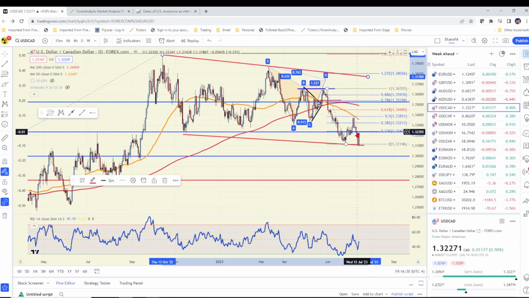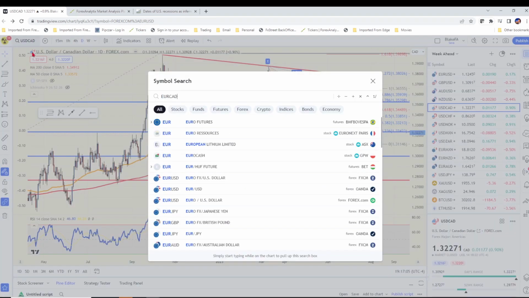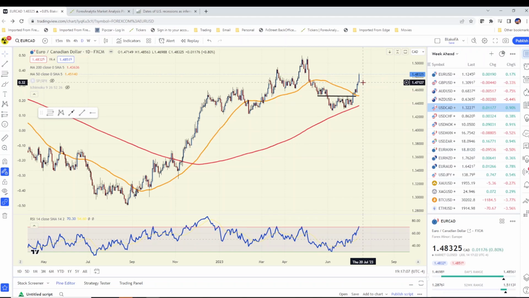CPI data out of the Bank of Canada is going to be very important because the BOC, like the US, is very data dependent. So if the CPI data comes in a little lighter than expected, we could be trading back up at the 50 DMA. If we get back above, and let me grab this blue line really quick, we get above 134, then we're going to see a much broader recovery, not only in the US dollar Canadian, but you're probably going to see a reversal in the Canadian yen. You'll see the Euro Canadian, which is showing a lot of life down here at these lows, you'll see that continue to rally as well.